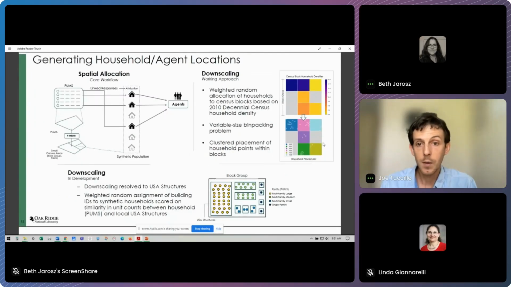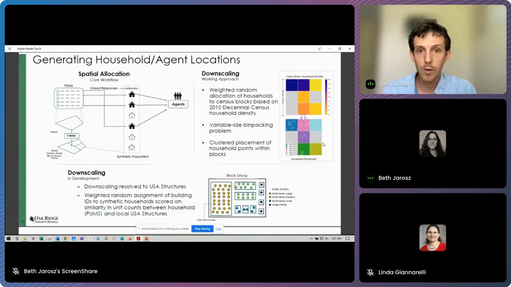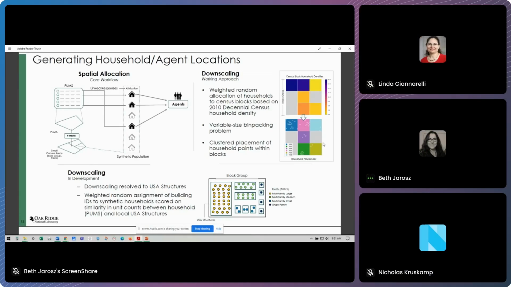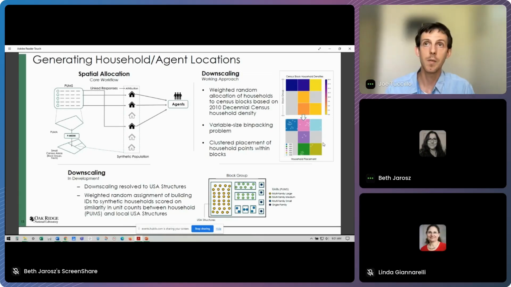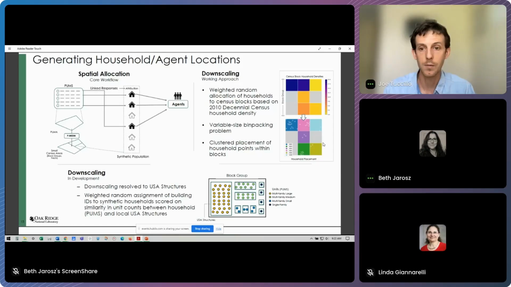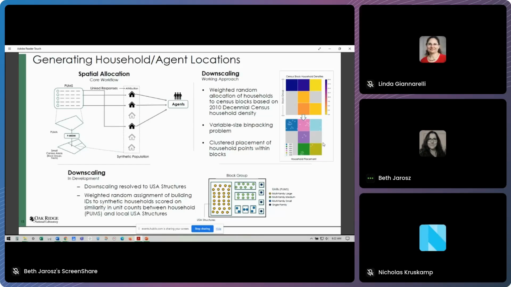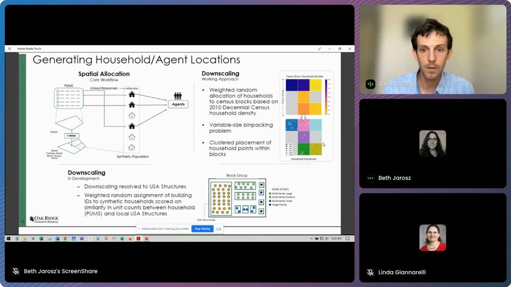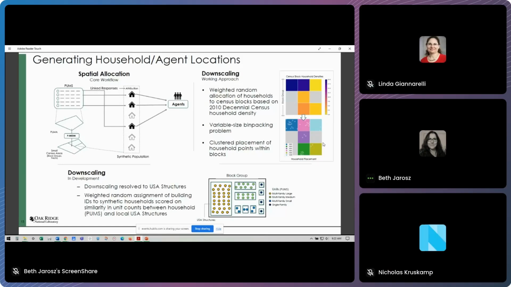Yeah, so as I mentioned, that previous example was purely residential, but we're also interested not just in where people live, but also the kinds of spaces that they access, the interactions that they have across the course of the day that influence their individual and collective circumstances, especially towards spatial accessibility and equity. So to support this, we also need some realistic residential locations to begin generating trips. Our initial approach was based on randomly allocating household locations based on census block density, but we're moving into